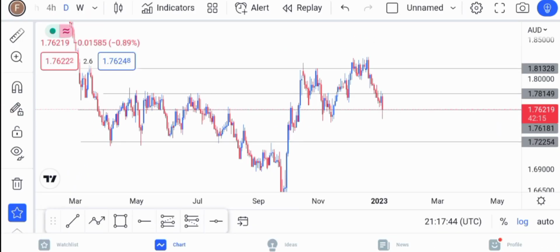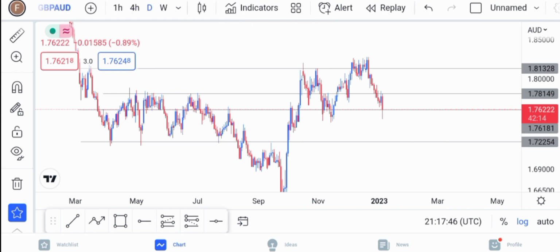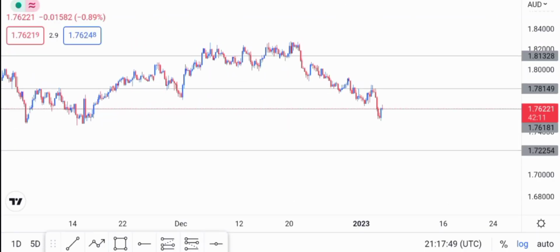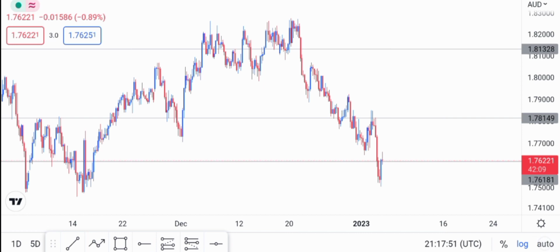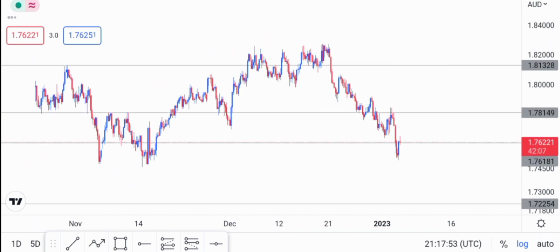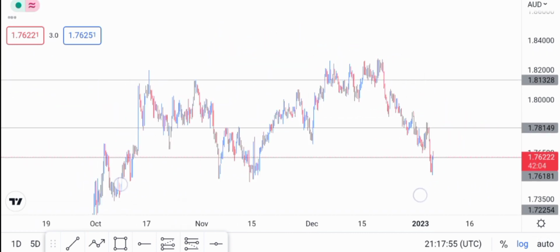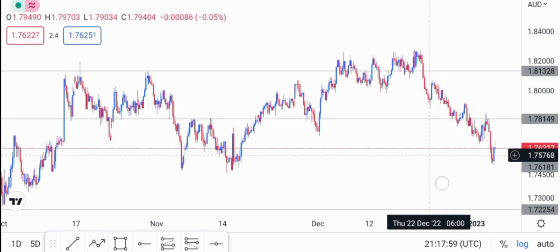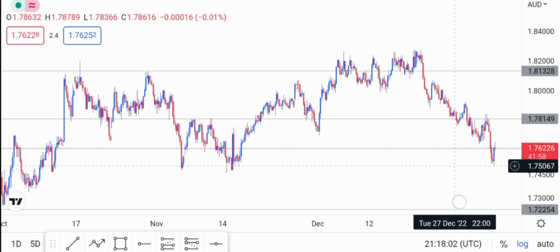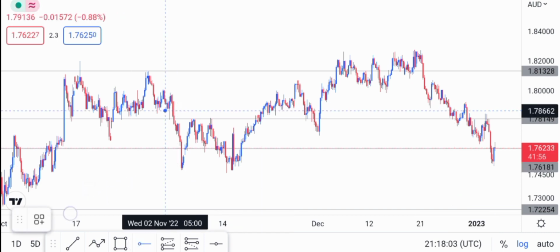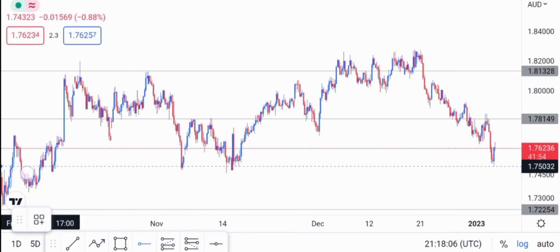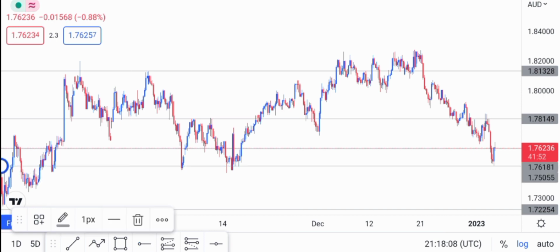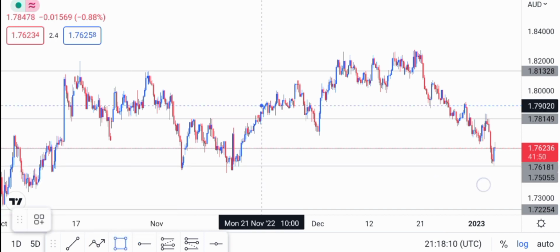So I'm just gonna move to the 4-hour time frame to see a more detailed version to see what's really going on. So if I look closely here, I can see that the market did break out of this level here, hence touching this area right over here. So I'll just mark out this level as well to show that it is respected as well,